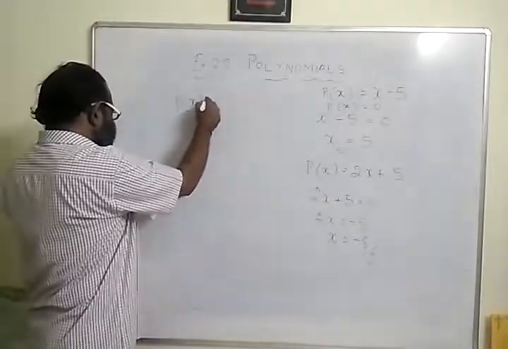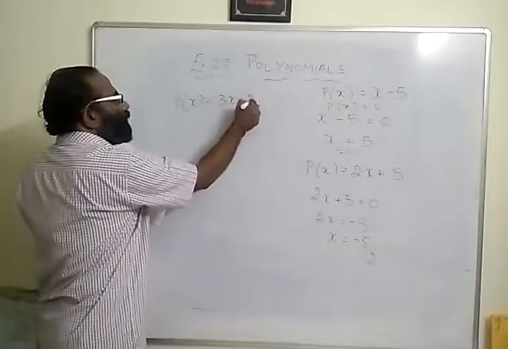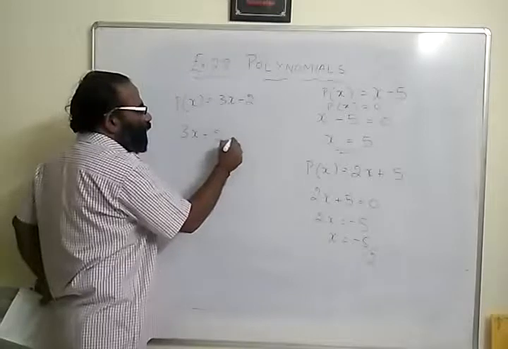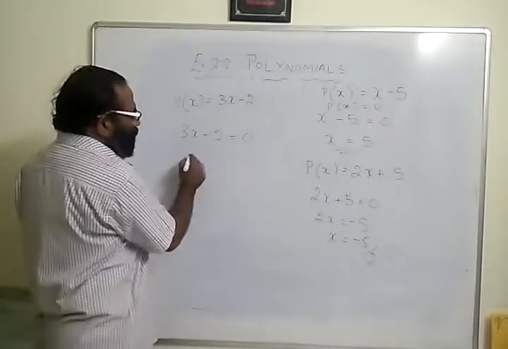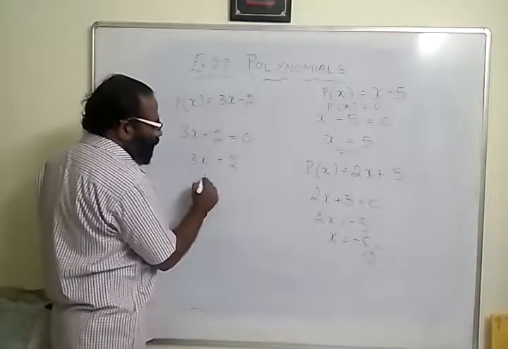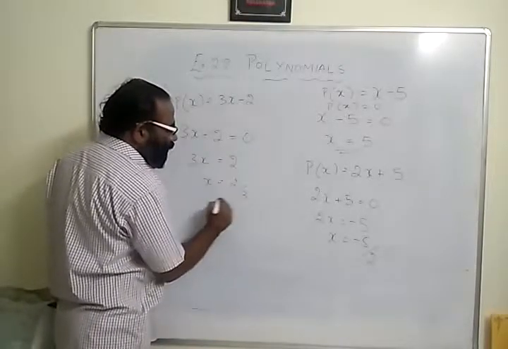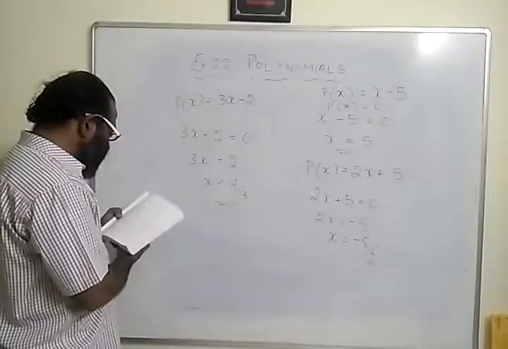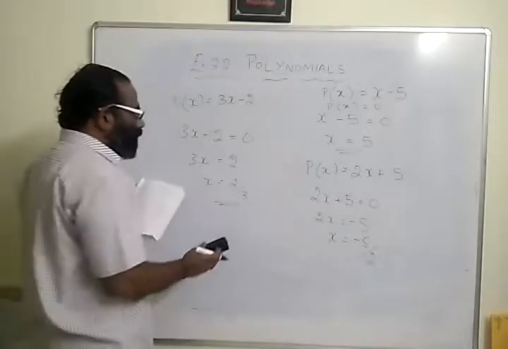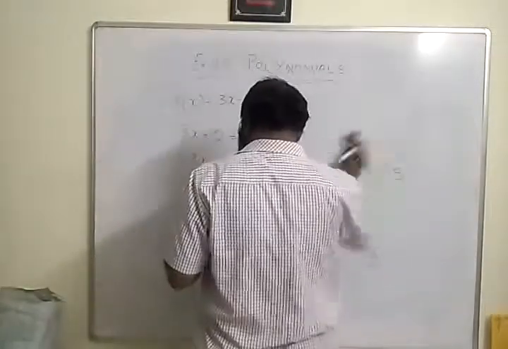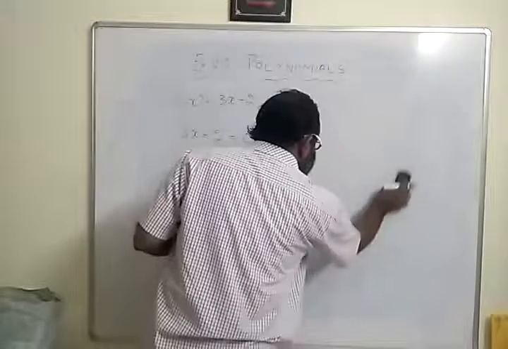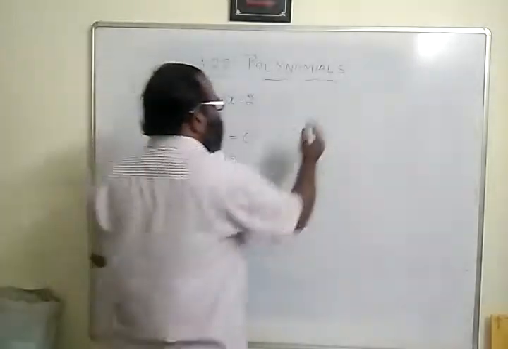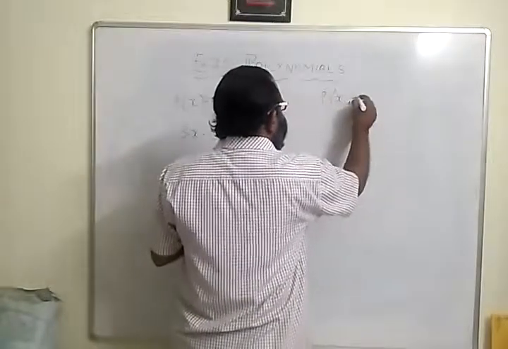So P of x is equal to 3x minus 2. So I can write it as 3x minus 2 equals 0, and so 3x equals 2 and x is equal to 2 by 3. So the 0 of this particular polynomial is 2 by 3. Now next one. The fifth one is P of x is equal to